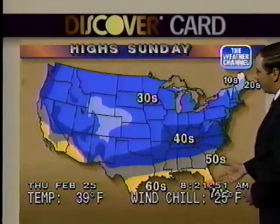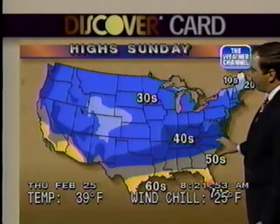so it'll still be comfortable, but not as warm, with some 70s there. And you notice the 50s and 40s here. These are below normal readings for this time of year, while the 30s are right at or slightly above normal. By Monday, you notice it does cool down across the Rockies and the Western Plains as the next storm slides